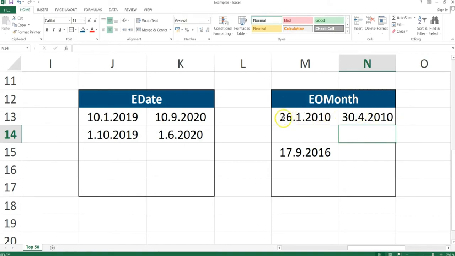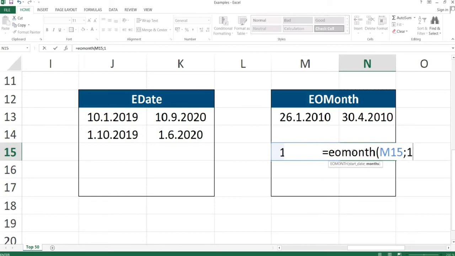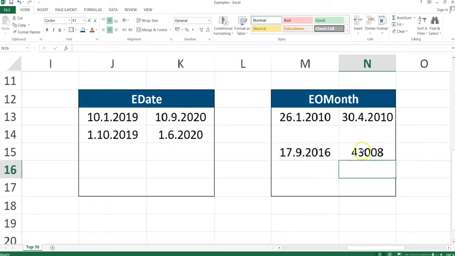If it's not the end of month formula, if it's EDATE, for example, it is going to give us 26th of April, but in this case it gives us the end of the month. Same thing here as well. We can type end of month, and then select, let's say, 12 months from then, and after changing the format, we're going to have 30th of September